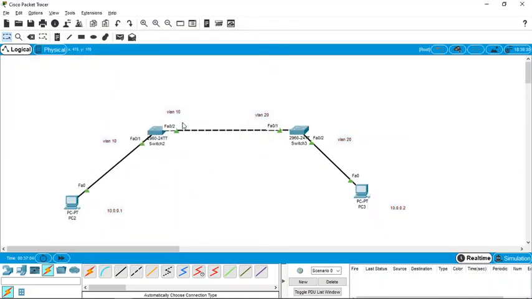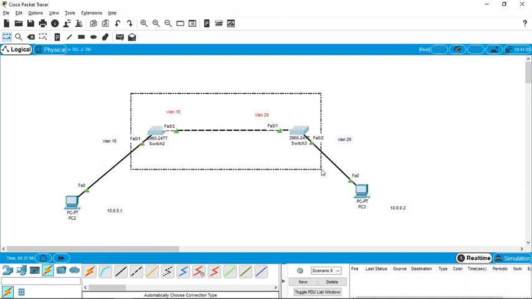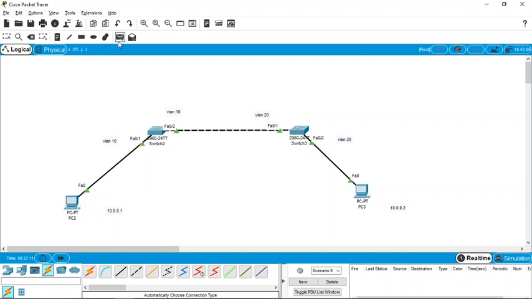Taking time. Okay, so right now both of these switches are configured as trunk port, but the devices won't communicate